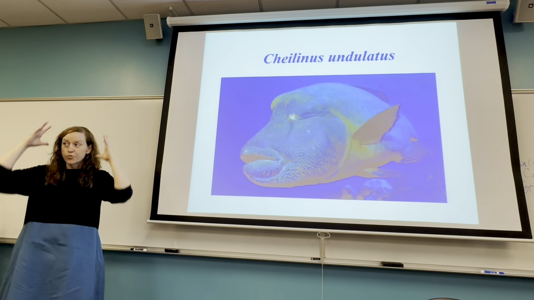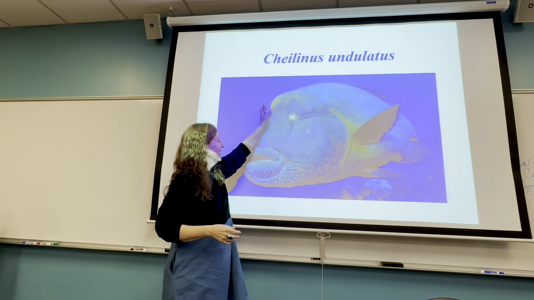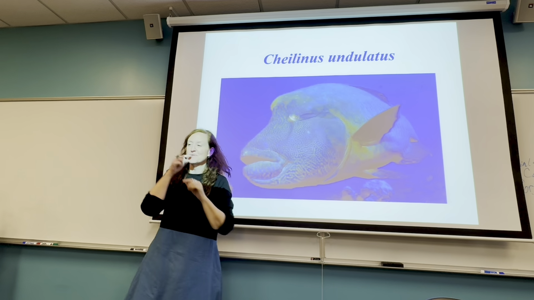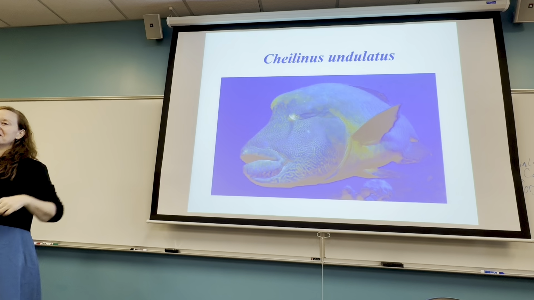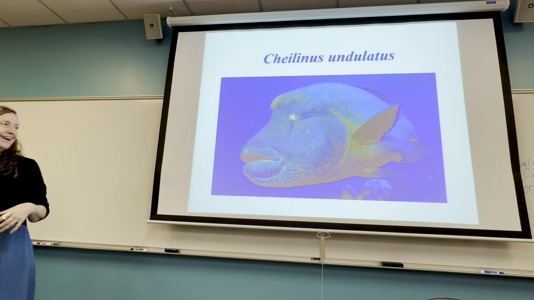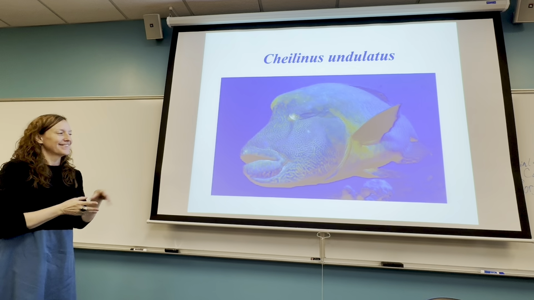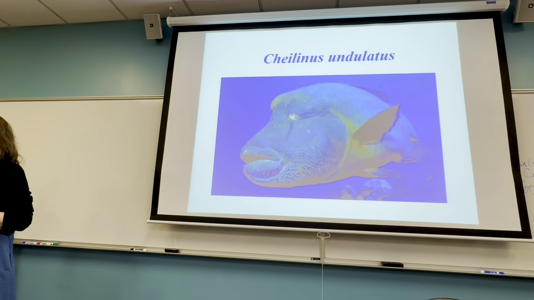It has a really big head with this big hump on it. And it's got these big lips, and it usually has a couple teeth here and there sticking up. So it looks kind of dopey, happy. And as I said, it belongs to the group of wrasses. The wrasses do this really wild thing. They have the ability to change their sex over time.